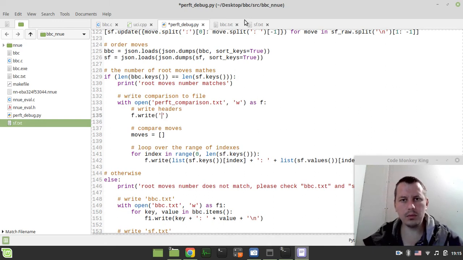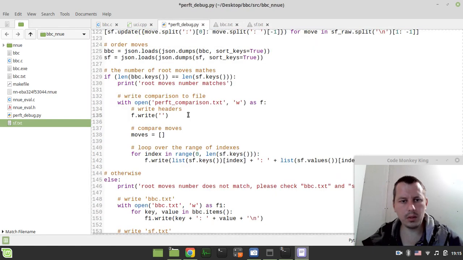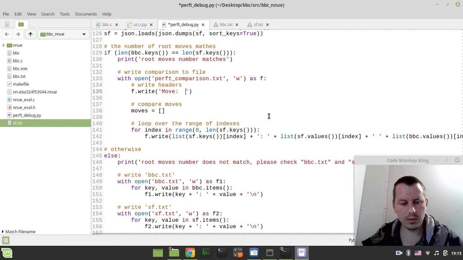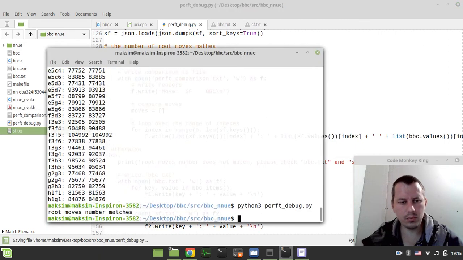So move is 4 characters, so I can say simply move and then space. So the first one goes SF and then goes BBC. Now the only thing left is to